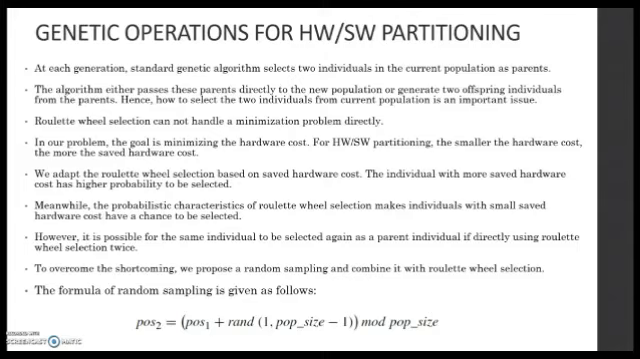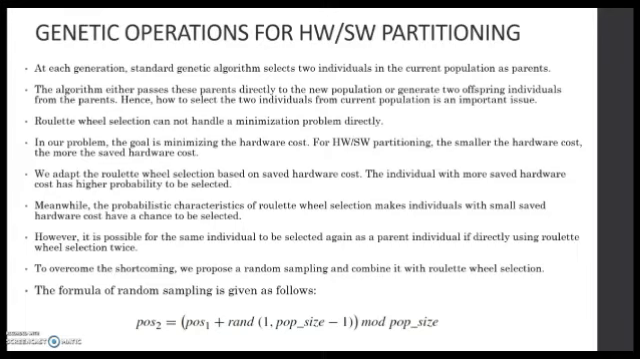The roulette wheel selection cannot handle a minimization problem directly. So in our problem, the goal is minimizing the hardware cost. For hardware software partitioning, the smaller the hardware cost, the more the saved hardware cost. We run the roulette wheel selection based on saved hardware cost. The individual with more saved hardware cost has high probability to be selected. Meanwhile, the probabilistic characteristics of roulette wheel selection makes individuals with small saved hardware cost have a chance to be